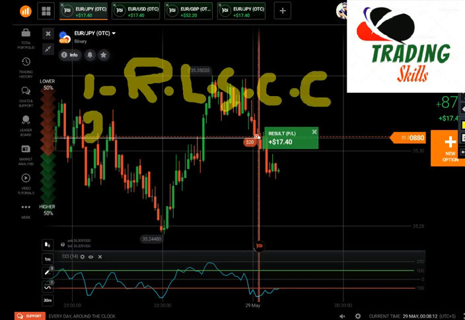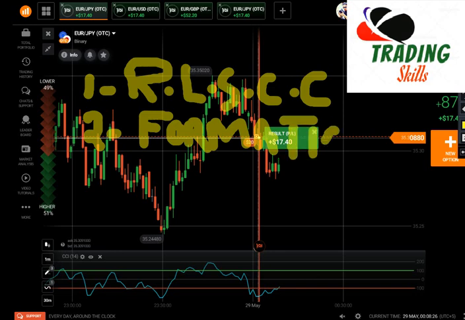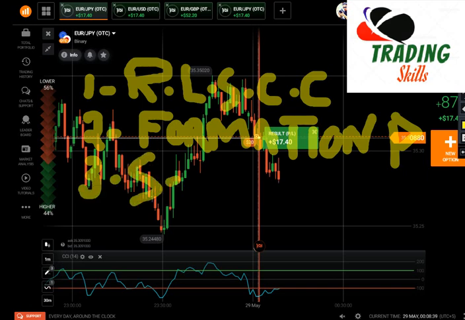The second one, formation of patterns. Okay, so number 3, strong candlestick strategy with rules. Number 4,